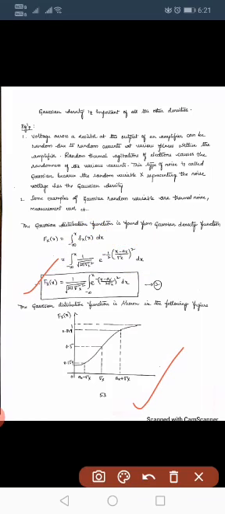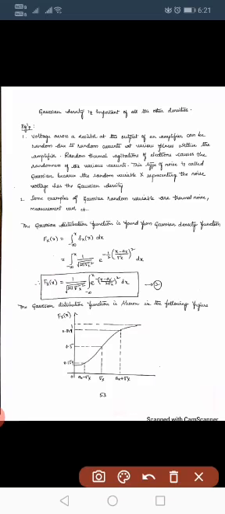Okay, so an example or application of this Gaussian function, either distribution function or density function, is this: we know that the output of an amplifier consists of a noise signal. The output of an amplifier, which is a voltage signal, contains noise. Why does the noise appear? Because of the random motion of electrons. We call that noise thermal noise or white noise or Johnson noise.